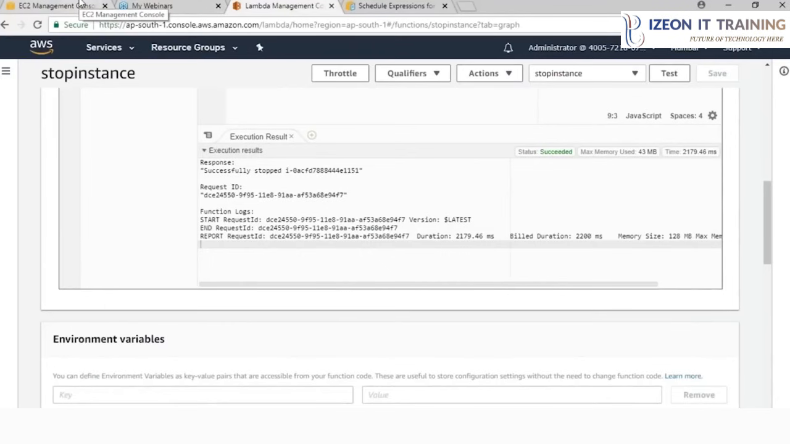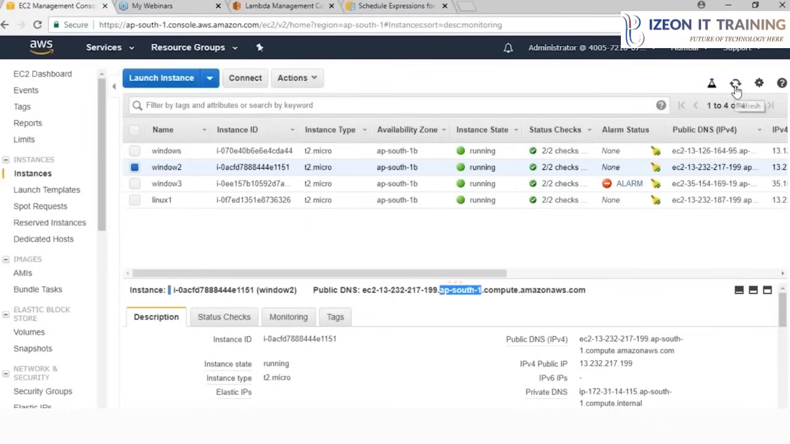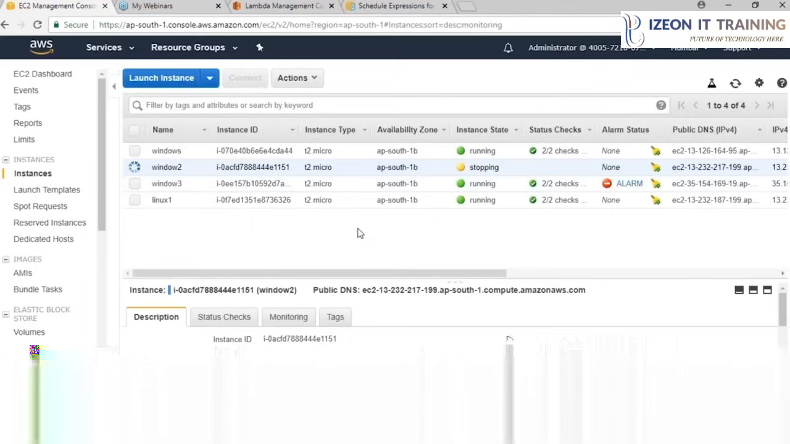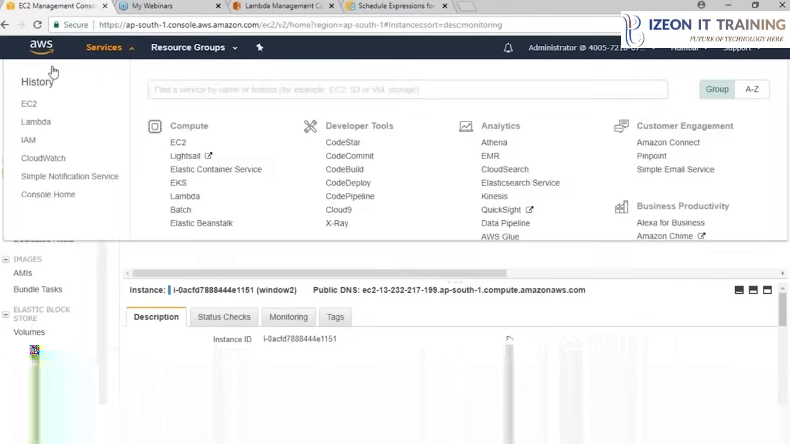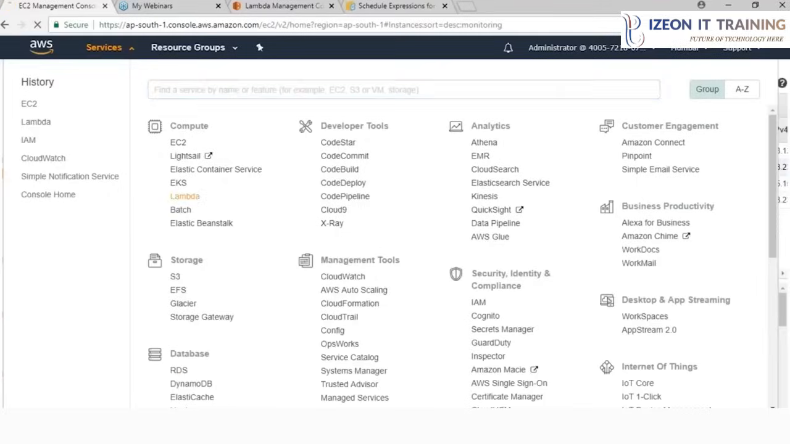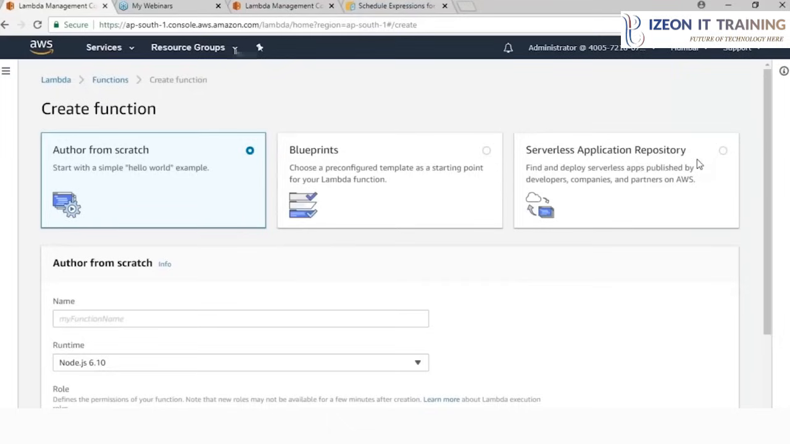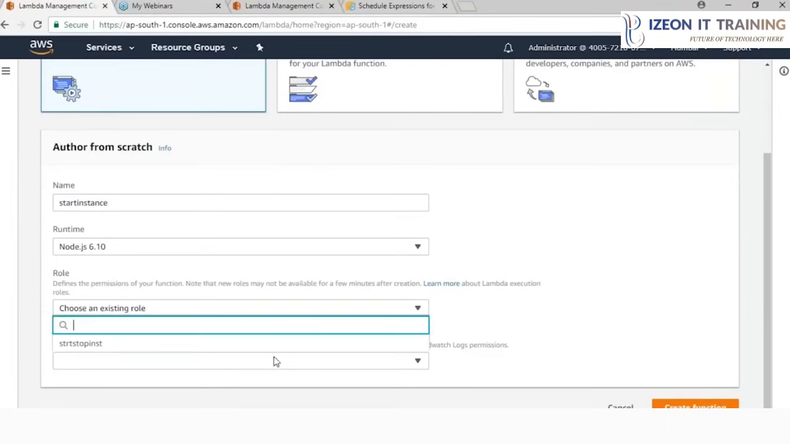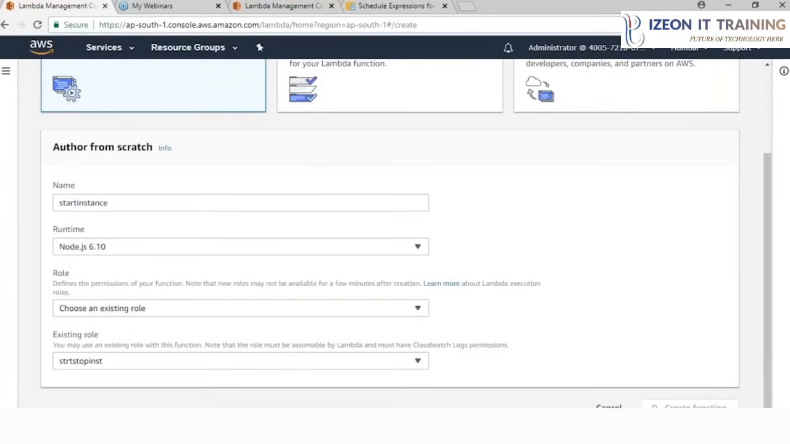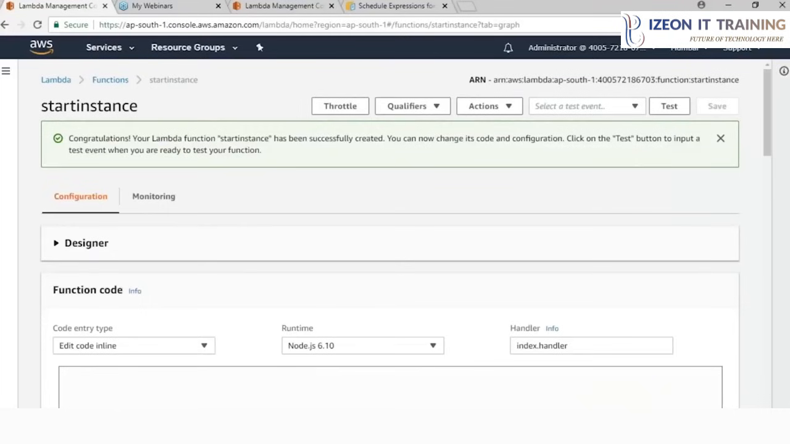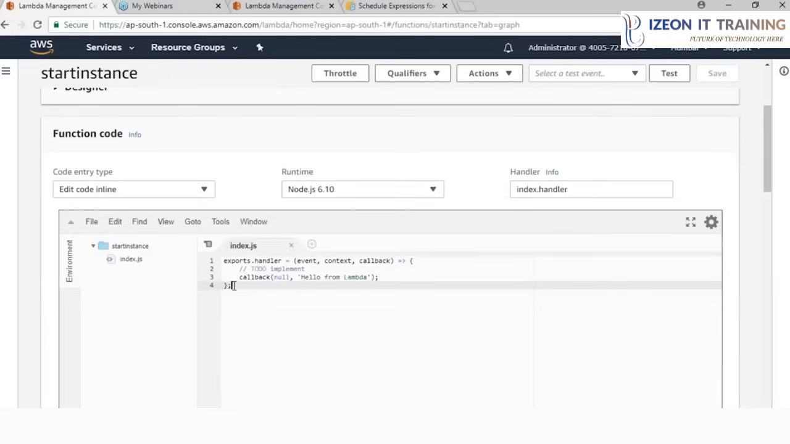Let's go and check in the EC2 dashboard. Here on the EC2 dashboard, I'm going to refresh it. And you can see that my Windows 2 instance has successfully stopped. Now we'll create another Lambda function which will restart this instance. Again, the same, search for Lambda in the search tab and click on create function option. It asks for a name, so let's say start instance, and choose the role which you have previously created and click on create function. Again, you'll have to paste the code to start the instances over here